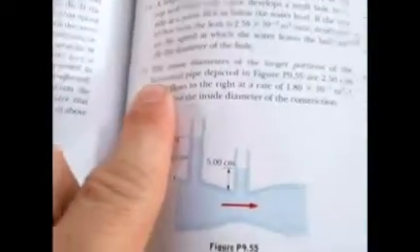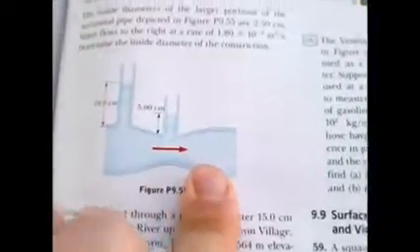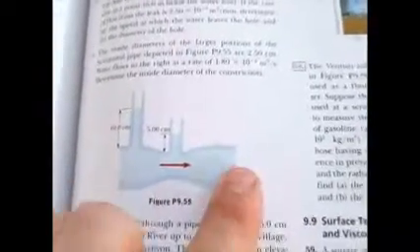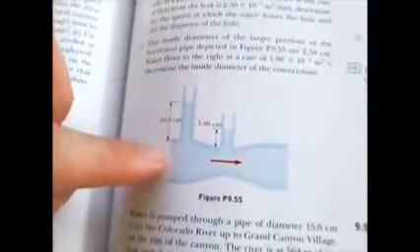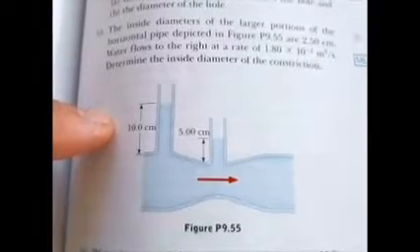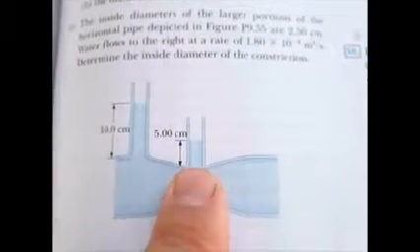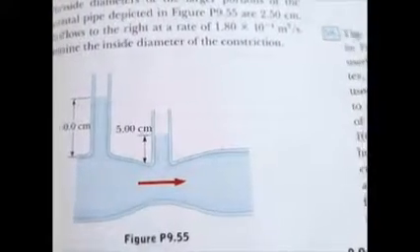Beautiful day. All right. Going to do two homework questions here. 55, which is the one that deals with water flowing through a pipe. It tells you the diameter of the larger section of pipe, and the pressure in that larger section is able to support a column of water that's 10 centimeters high. When the pipe narrows, it can only support a column of water 5 centimeters high, and that hopefully makes sense,